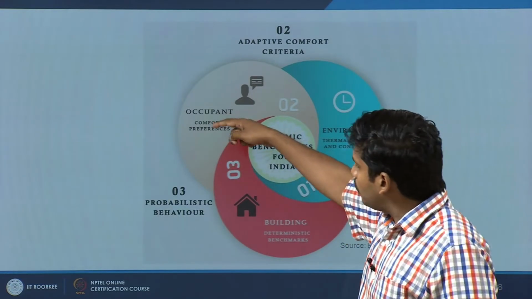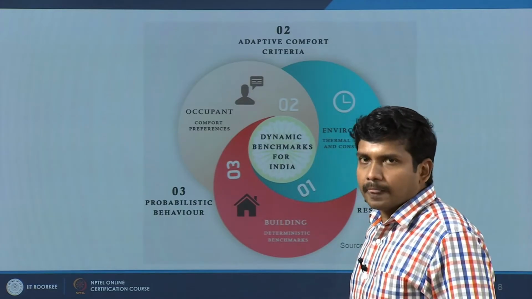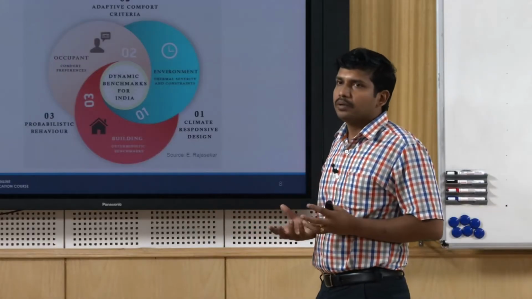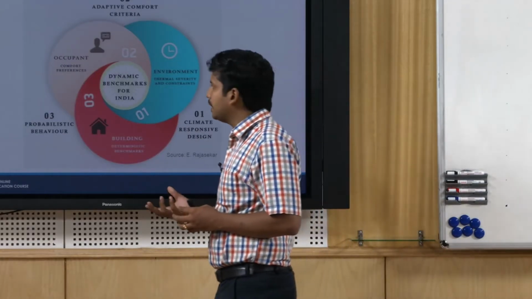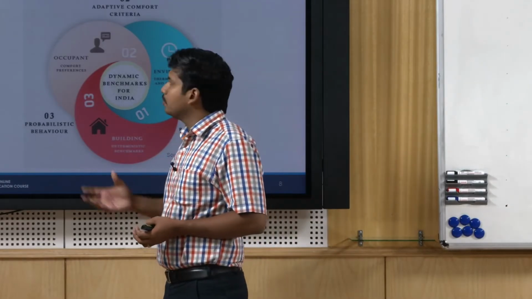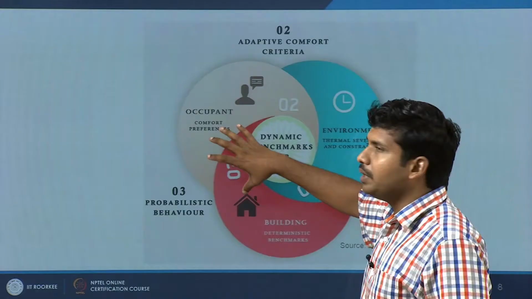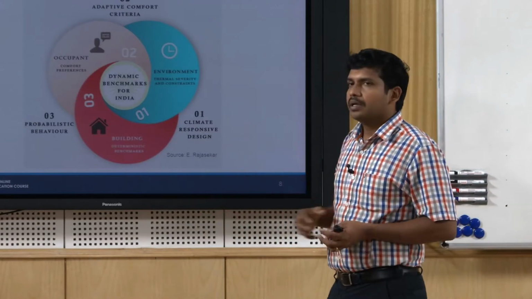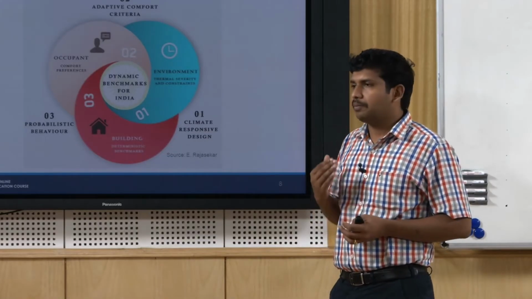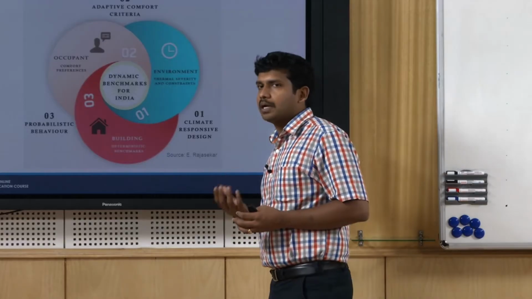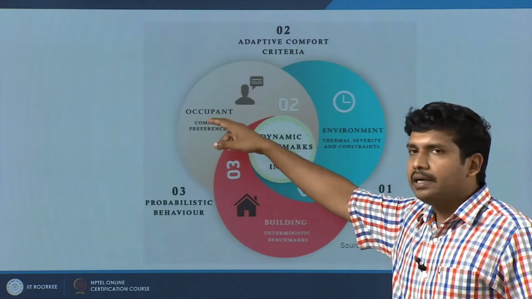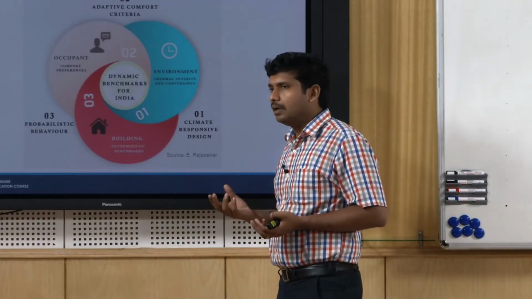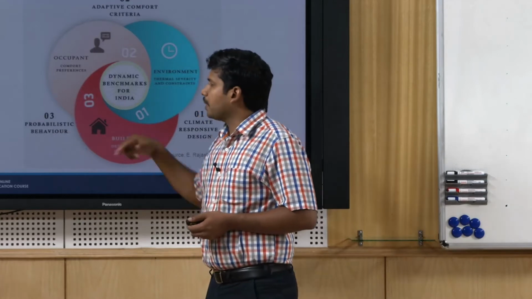Then comes how the occupant interacts with the building. The interaction has 2 dimensions. One is more design oriented, how we use the space, what we do, how we move around. This comes more on the design side, but what is more relevant to what we are talking about is how we use the adaptive features provided in the building. As a designer, it bothers you to give proper adaptive mechanisms in the building, which will facilitate the occupant to improve his level of comfort rather than opting for mechanical systems. This is more of a probabilistic behavior.